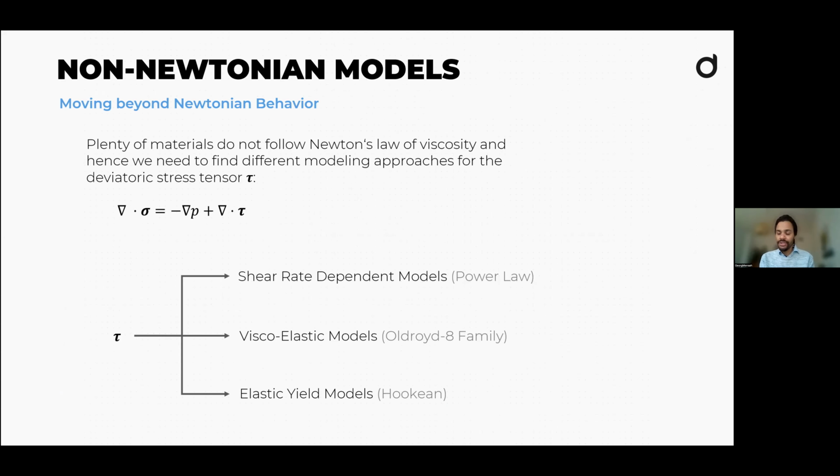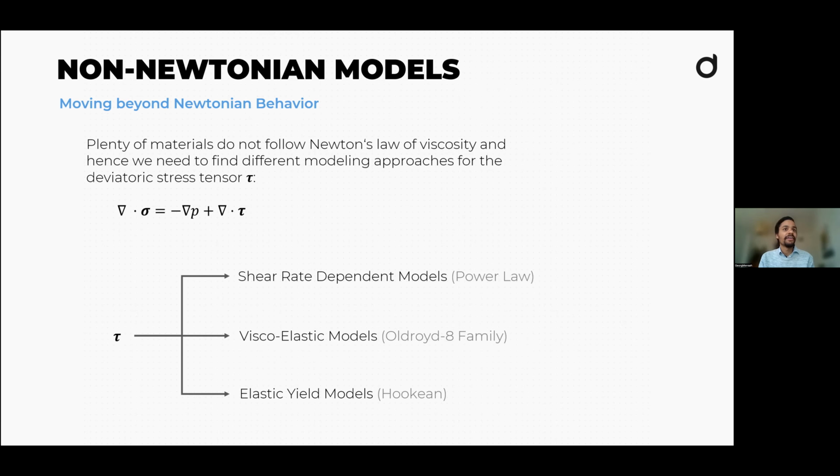And so when you delve into these non-Newtonian models, you see that there is a lot that you can do, and there is a plethora of various models. As soon as it's non-Newtonian, you could say, hey, maybe it's shear rate dependent. Then maybe you would go to a power law. There are also viscoelastic models, like, for the enthusiasts among you, the Oldroyd-B family is the buzzword there. Google it if you are interested in these. And of course, there are elastic yield models, basically modeling a Hookean law into your fluid behavior. I personally am not so sure whether it's then still fine to call it a fluid, but yeah, for completeness,